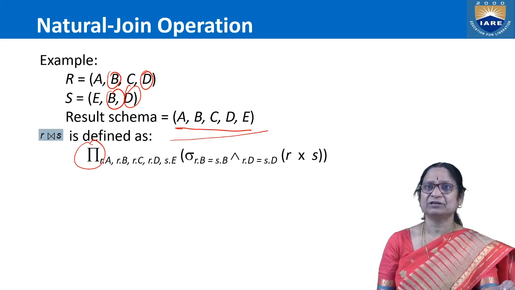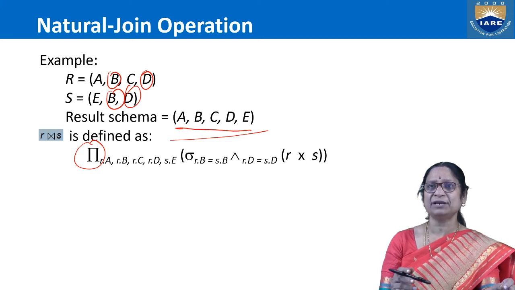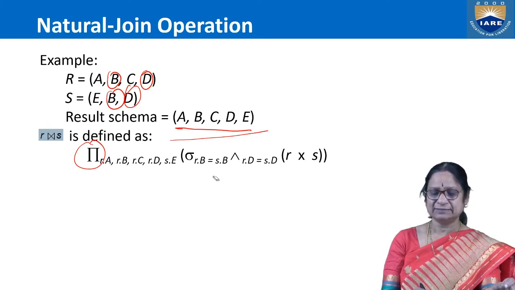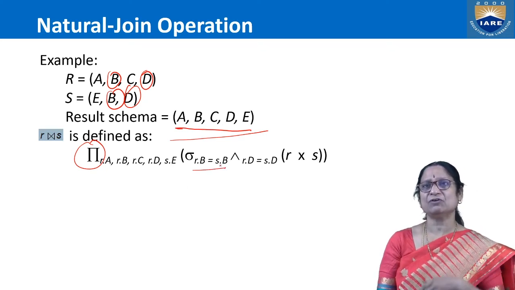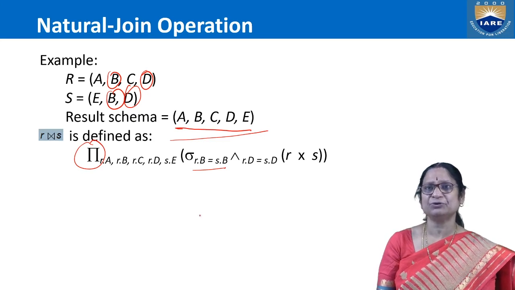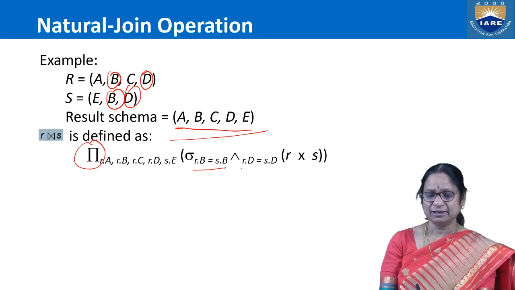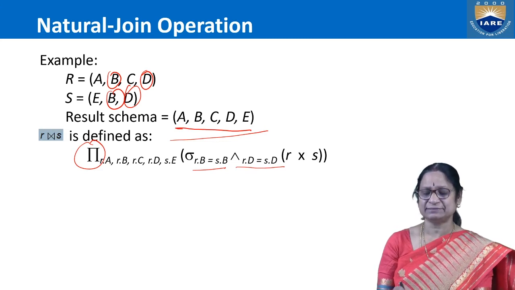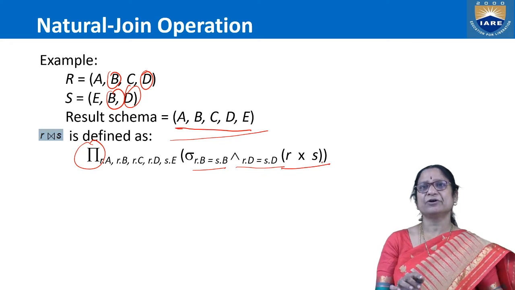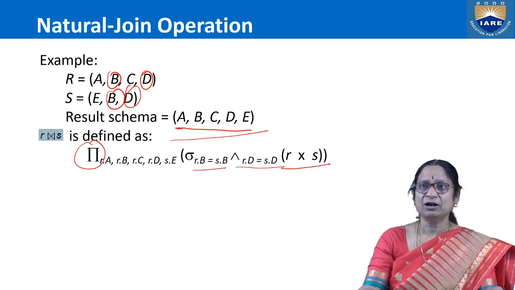And observe the tuples. As we defined common attributes, common values, that means sigma of R.B = S.B. The B attribute value of relation R must be equal to the B attribute of relation S, and the D attribute of relation R must be equal to the D attribute of relation S. Such mapping conditions will be listed from the Cartesian product. So from the Cartesian product, all tuples will be there, mapping irrespective of any constraint. From that, a subset is going to be selected.